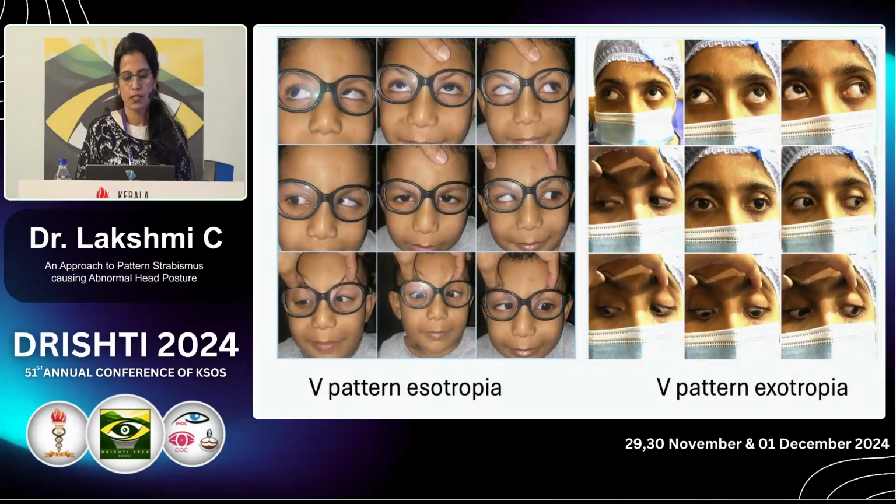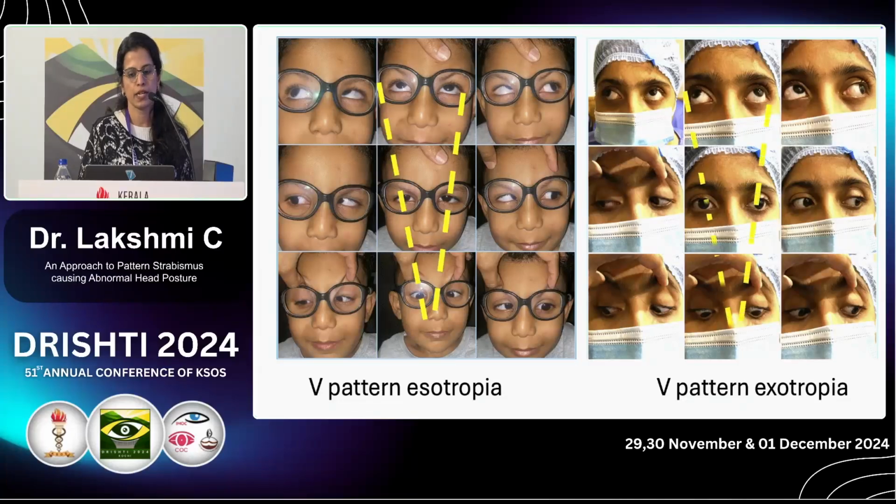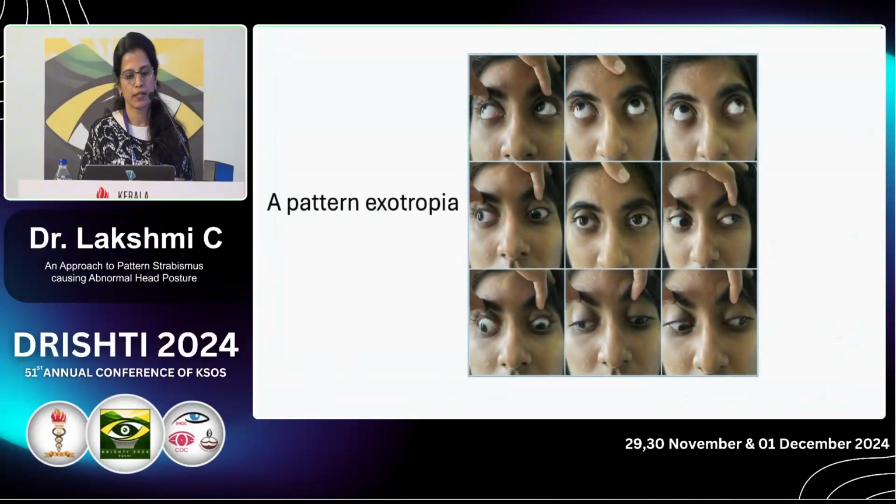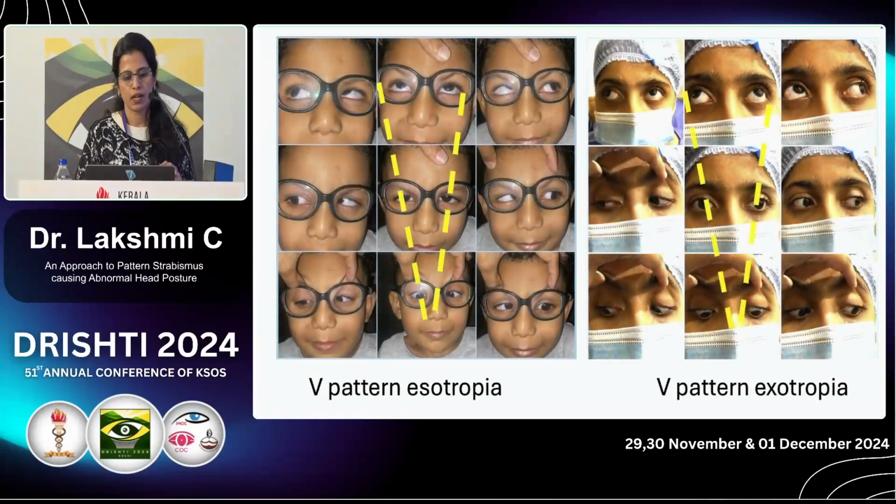And if we see this child in the first photograph, he has a V pattern esotropia, and you can see the ESO is increasing in down gaze. The picture on the right shows a V pattern exotropia where the divergence is more in up gaze. So the next patient is an A pattern exotropia. In this you can see that the eyes are diverging while looking down. The other thing that I need you to note in these are the 9